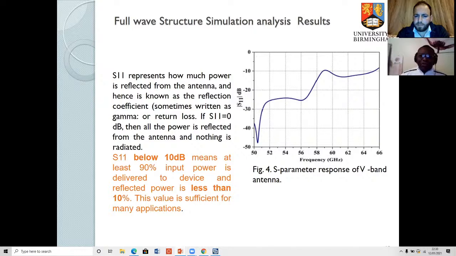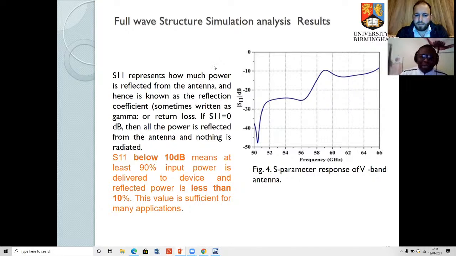As you can see on your screen, if you cut from the S11, you can see that the antenna has a very good S11 from 50 gigahertz to almost 65.5 gigahertz. That's a very big wideband. That is why we are using this particular design. Moving forward to the other results,